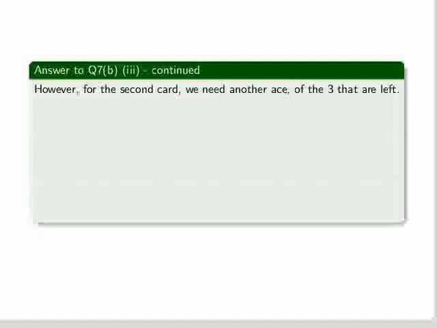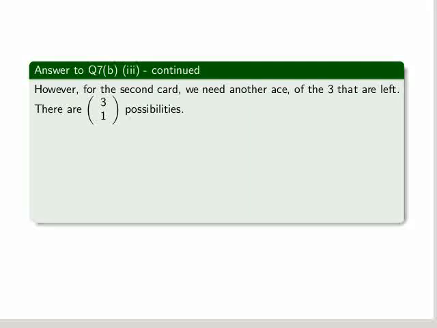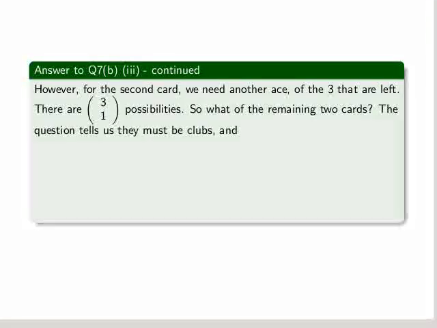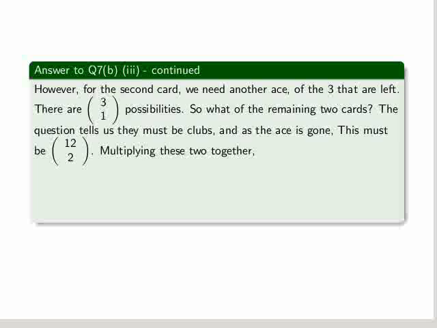However, for the second card in our hand, we need another ace of the 3 that are left. So that means that there are 3 choose 1 possibilities. So what are the remaining 2 cards? The question tells us they must be clubs, and as the ace is gone, this must be from 12 choose 2. Multiplying these together, we get 3 times 12 times 11 all over 2,